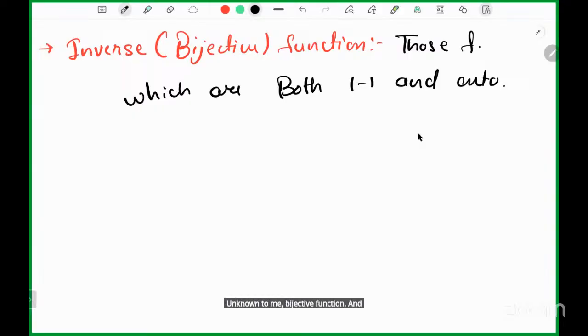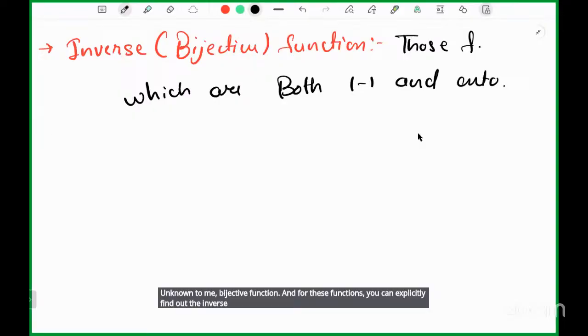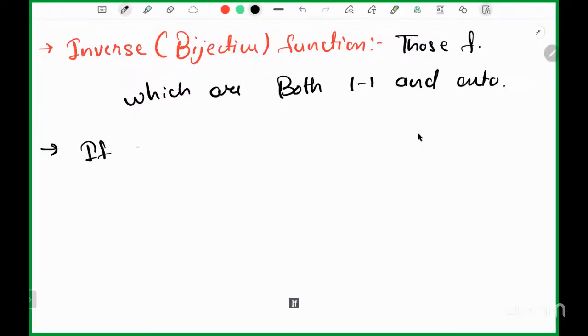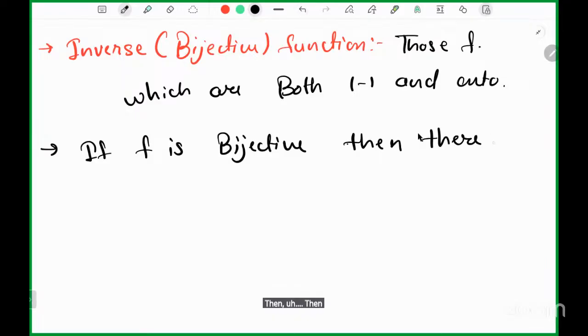And for these functions, you can explicitly find out the inverse function. So that means if f is bijective, then there is a function